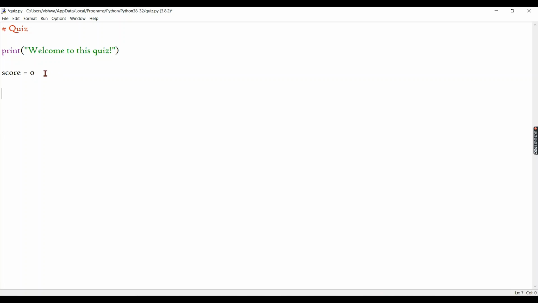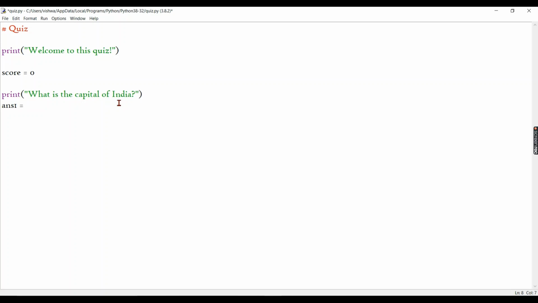Alright, so let's print the first question. Print. Okay, what question shall it be? Alright, I'll say, what is the capital of India? So I've printed this, and you need something like a place for the user to type the answer. So we can just pick the statement answer 1